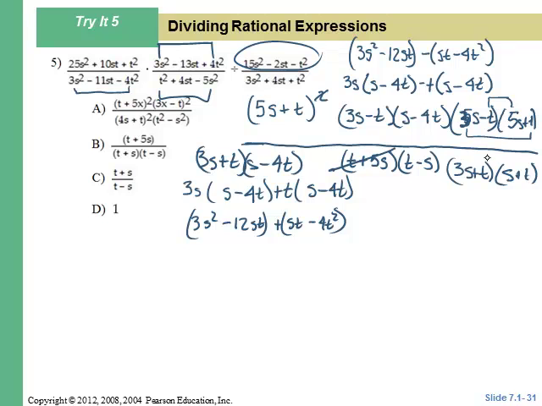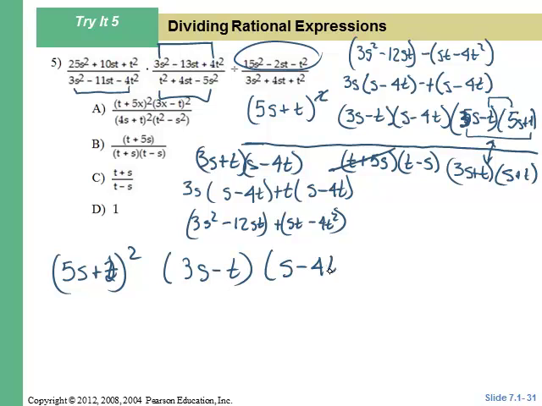So these two should be switched numerators and denominators. I'm going to rewrite the whole thing over down here. 5s plus t squared, 3s minus t, s minus 4t, and now I've got to change those last two around, so it's 3s plus t, s plus t,